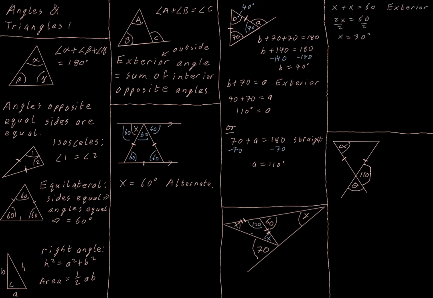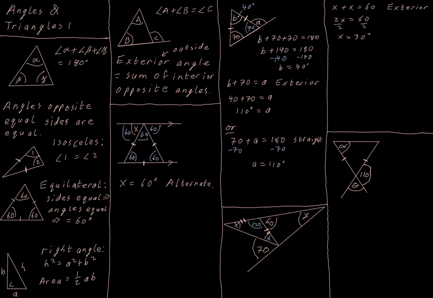So I can find that X, my two X angles here, must be 30 degrees. Now it's worth noting I can't see immediately how to get Y. X wasn't too bad. I could see I could fill in this triangle and I'd have 120 plus X would be 180, or I could do the exterior angle that I've already written up. But I can't immediately see how to get the angles I need for Y because I don't know how to get